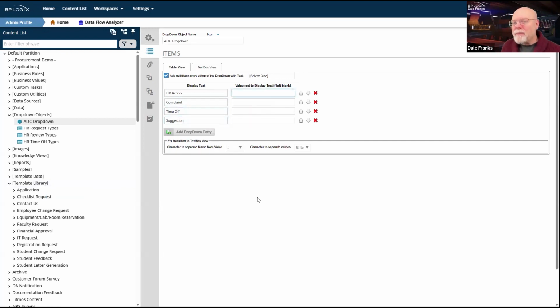Now, we're often left with ID numbers as the values of a control or the values for an option. So, for example, if I'm going to fill a drop-down from a business value, generally I'm pulling it from a table with an ID primary key that uniquely identifies each item in the database table. And then I've got some text value that I'll set as the display text. So I generally set the ID field as the value and whatever the name of the object is as the display text value.